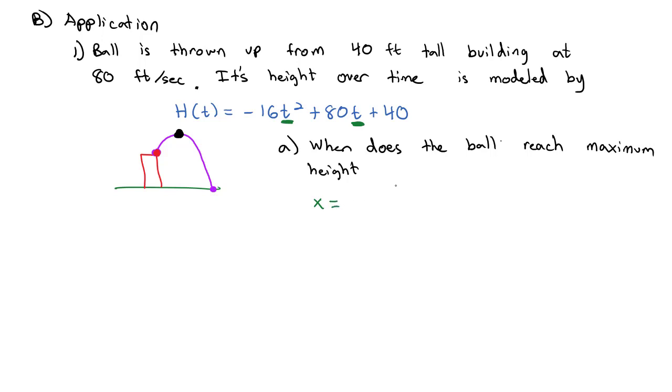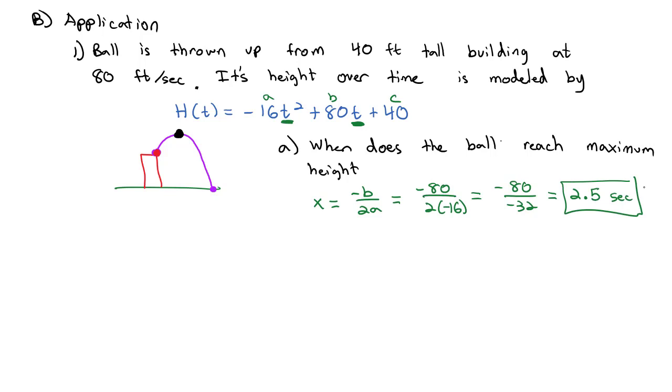Well, we have a nice formula in standard form for the vertex. It's the opposite of b over 2a. So if we label a, b, and c, the opposite of 80 over 2 times negative 16, or negative 80 over negative 32, and if I divide those, I'll get 2.5 seconds. So after 2.5 seconds, the ball has reached its maximum height,